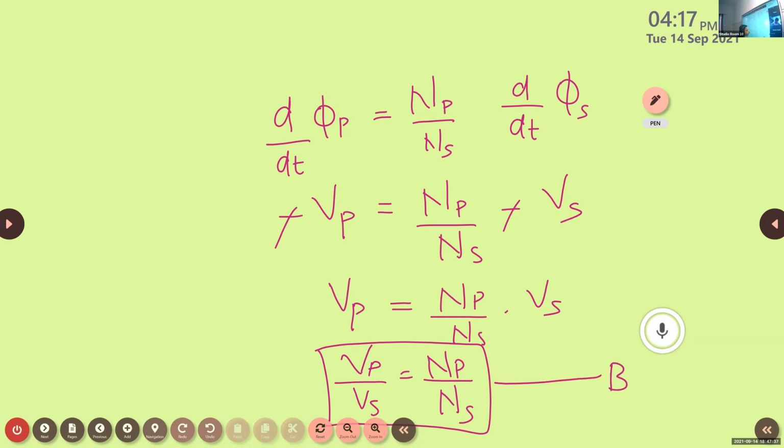Give this our equation number B. Vp by Vs is equal to Np by Ns. Here also they are directly proportional to each other. That is, whenever the number of turns of the primary coil increases, the voltage generated in the primary coil also increases. Similarly, when the number of turns of the secondary coil increases, the voltage or EMF induced in the secondary coil automatically increases. So by combining equations A and B, we can write